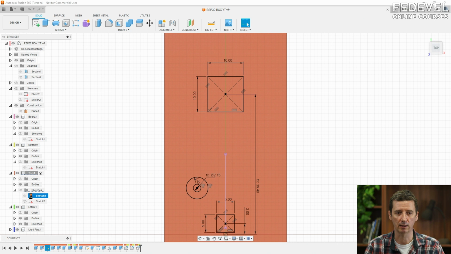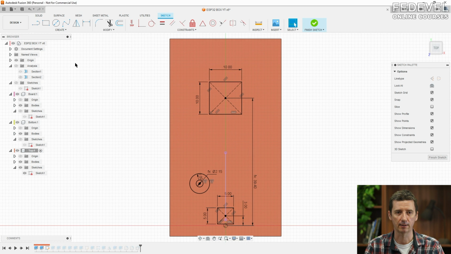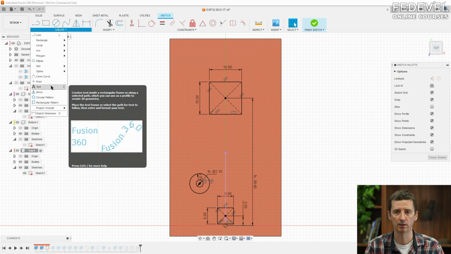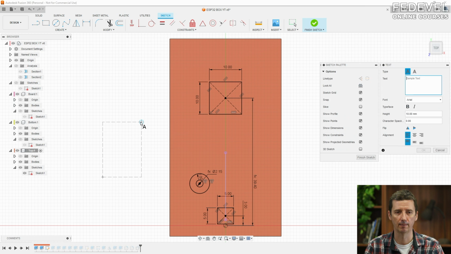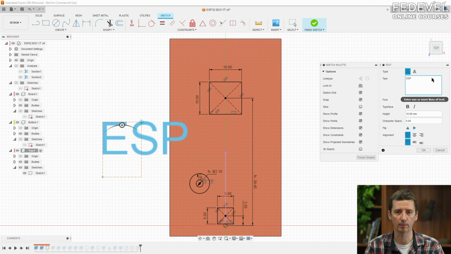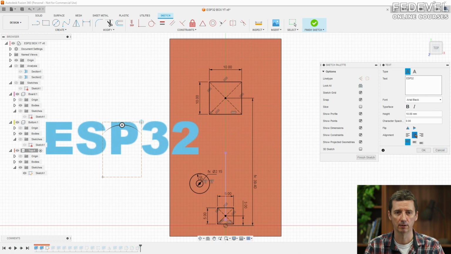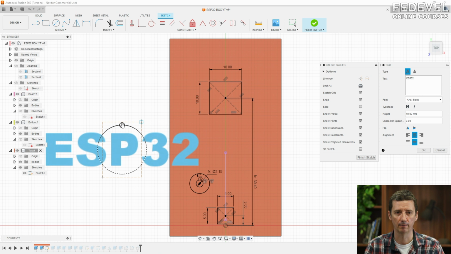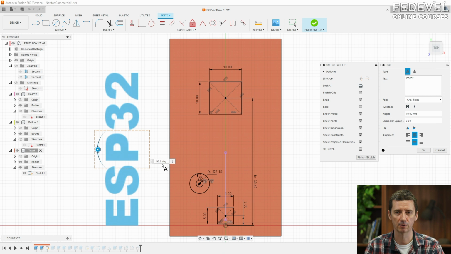So I'm going to edit this sketch on the top, create text, just draw it like this, let's say ESP32, but you can use any text you like. I'm going to use this Arial Black in the middle, rotate by 90 degrees,